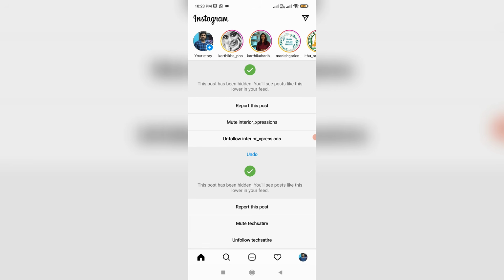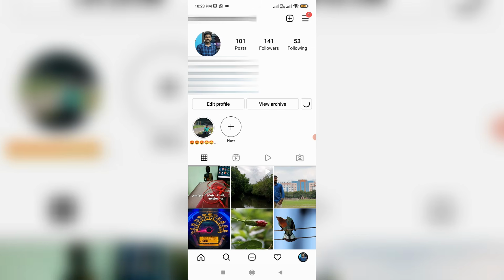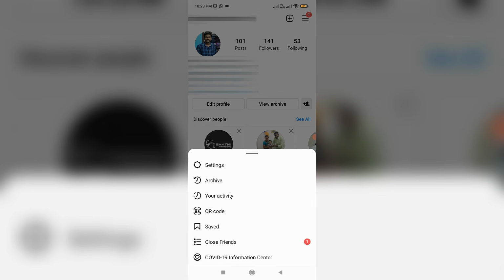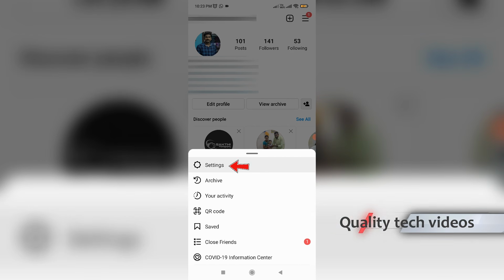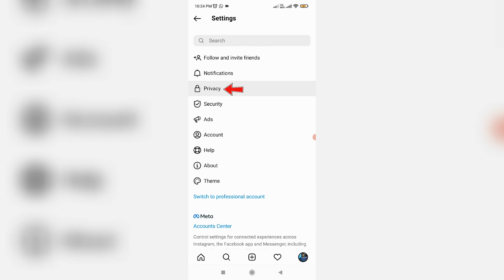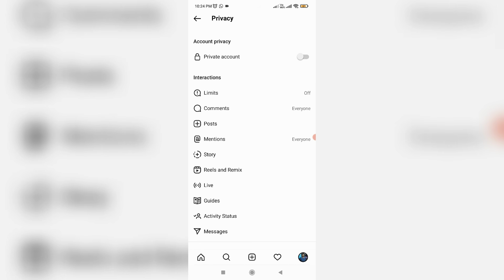So now in this home page section, you can press your profile picture icon, and it shows my Insta profile. Here you can press this horizontal three lines icon, and it shows a drop down menu. Here you can go to settings. Next I access privacy settings and finally click to open messages.